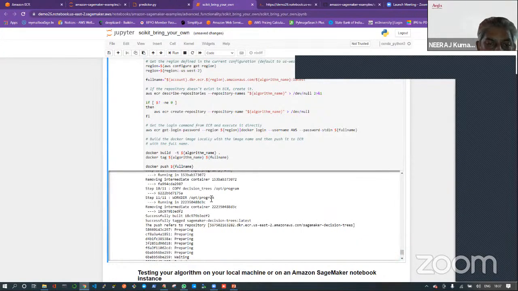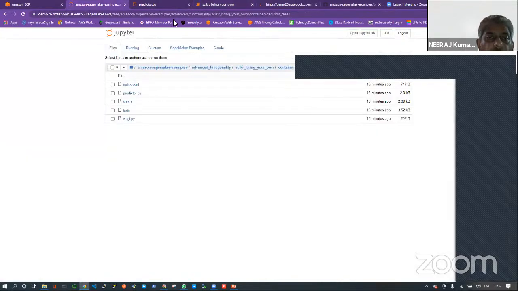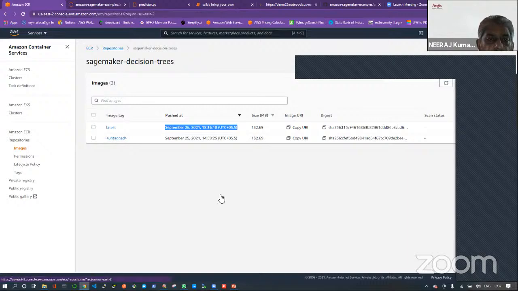See, step 11 of 11 has been done, right? Step 10 of 11 is done, which means my complete folder decision tree has been copied inside that image, and now my image has been created. It has completed 11 out of 11 steps. So my image is ready, as I have shown you also on the screen here, right? So the image has been created.